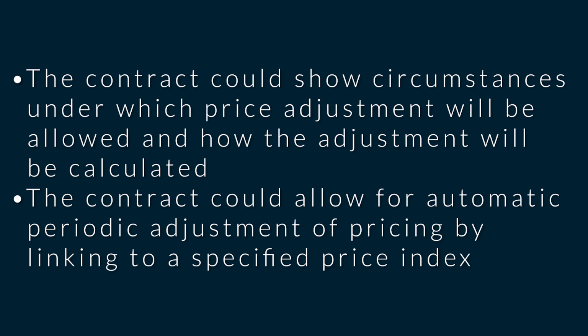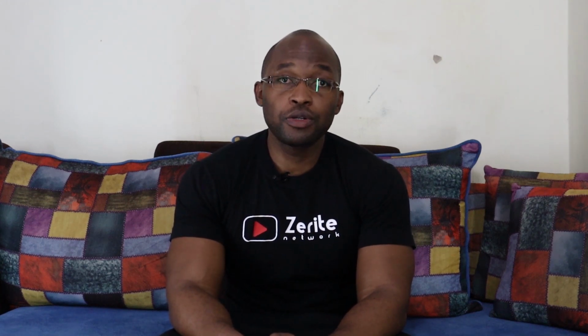The contract could allow for automatic periodic adjustment of pricing by linking to a specific price index. So the question then becomes, how do you calculate this price index? And before you do that, I just want you to think of it this way. Let's assume that you've been contracted to build bridges, like some government contracts, and you're going to be doing several bridges in a given country. Good idea, right? But then how do you account for things like changes in steel prices or changes in labor